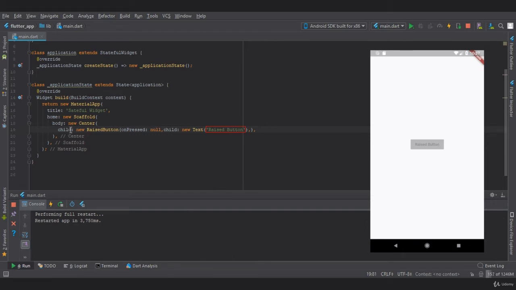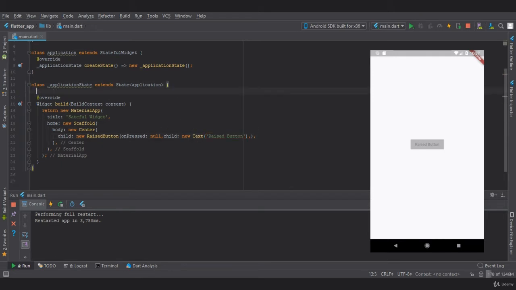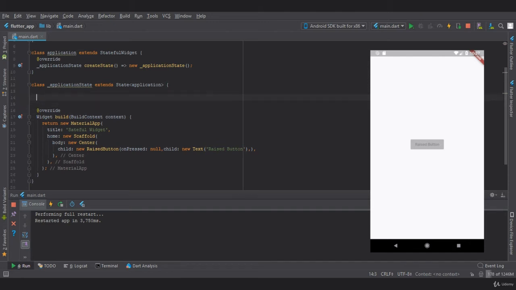What operation we are going to perform on the raised button is that when we press on the button, we want the title of the button to change. So for that we'll create a string called tText, and here we'll provide it as empty.